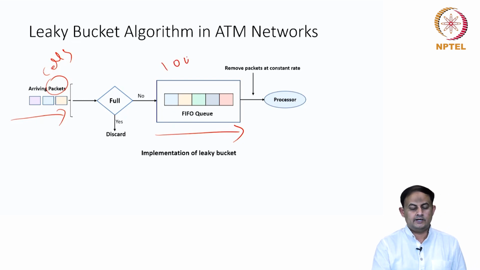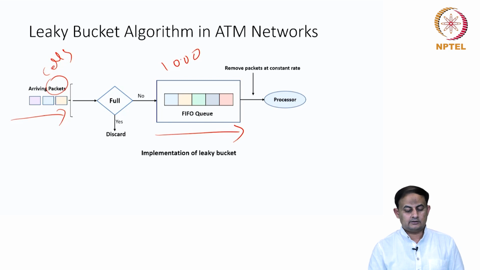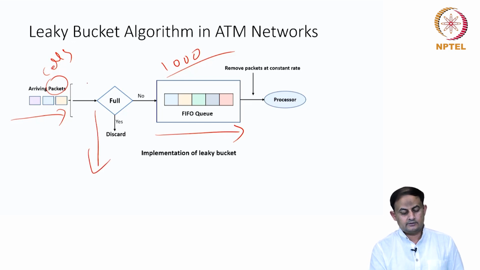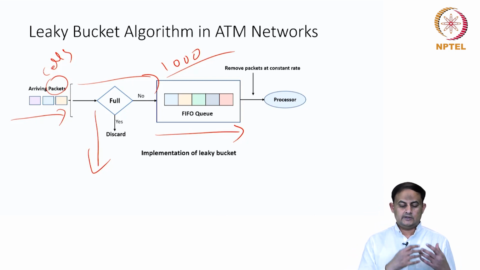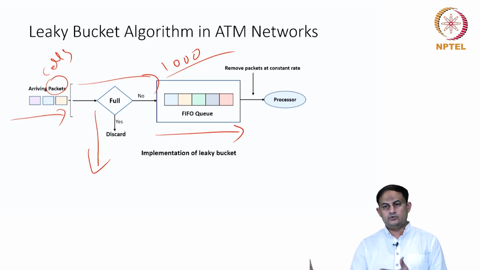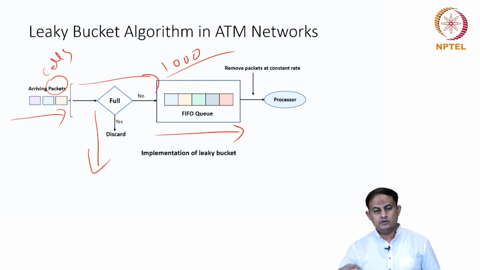If it can accommodate 1000 cells, are there 1000 cells already queued up, or do you have less than 1000 cells? That is the simple question that you ask. If you have 1000 cells already queued up, then you discard the packet right here. If there is capacity available, then you put it inside the queue. Once you put the cells inside this queue, then you can do subsequent processing, deciding where to forward